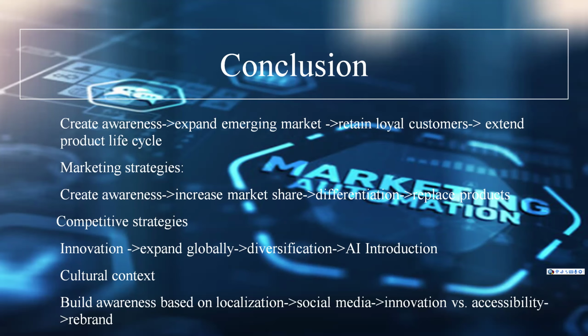And when we focus on the competitive strategies, we use iPhone to compare to other competitors. iPhone is specifically well known for its innovation in the smartphone. In the next stage, iPhone will need to focus on expanding globally and diversifying by putting focus besides iPhone on iPad, iPod, and Apple Watch to expand their product lines. And in the last stage, they will need to focus on how to get AI introduced in its software so it can differentiate from other competitors.